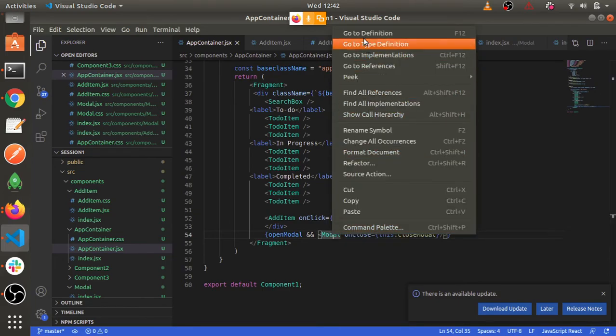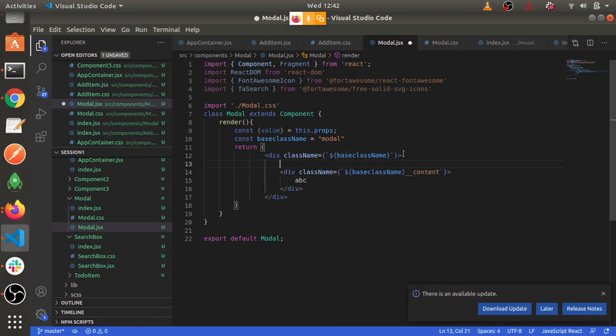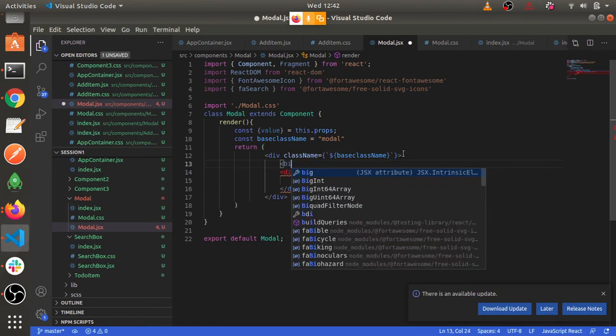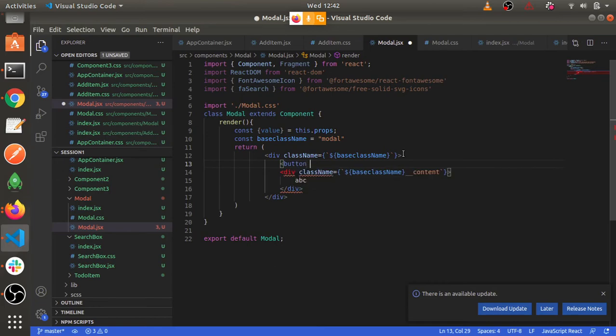I will go to the model, I'll create one button. So I am creating a button here. I could have created anywhere. Button, and I'll add one FA so that it will look better. And I'm very sure it should be cross.